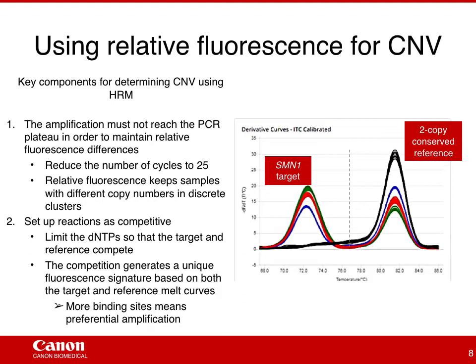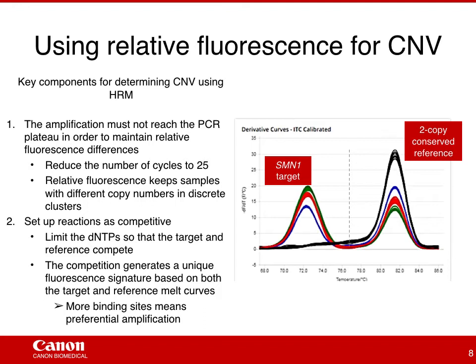One thing to note is that the reference gene is a known 2-copy gene conserved in the genome. Knowing this, you may wonder why the reference gene peaks vary when 2 copies of the reference gene are in every sample. This is due to the competition between the duplex. The variation in reference gene peaks is related to the number of primer binding sites available for both the target and the reference genes. The black curve, which represents 0 copies of the target, has the highest reference gene fluorescence value